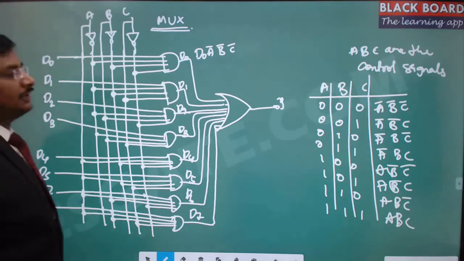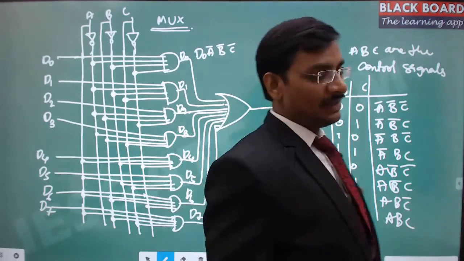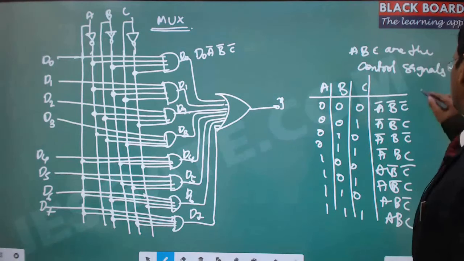So this is how a many to one data selector works.